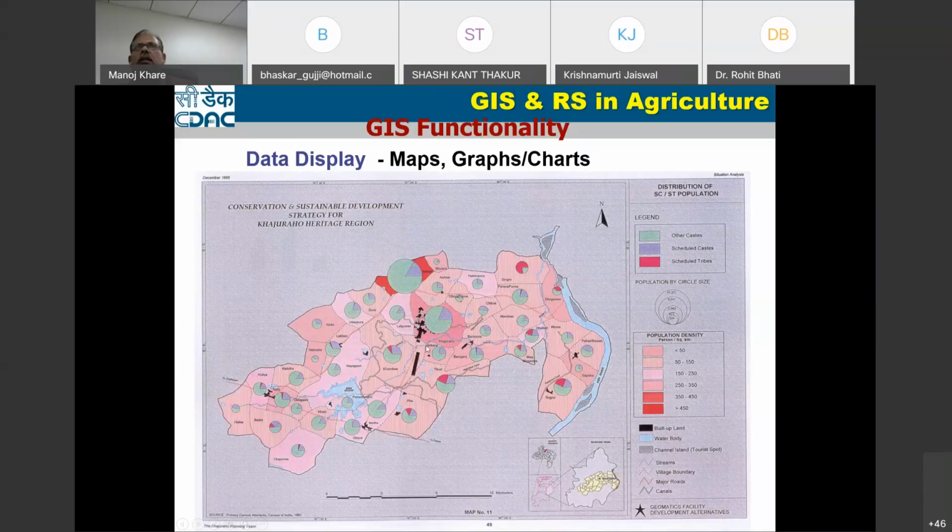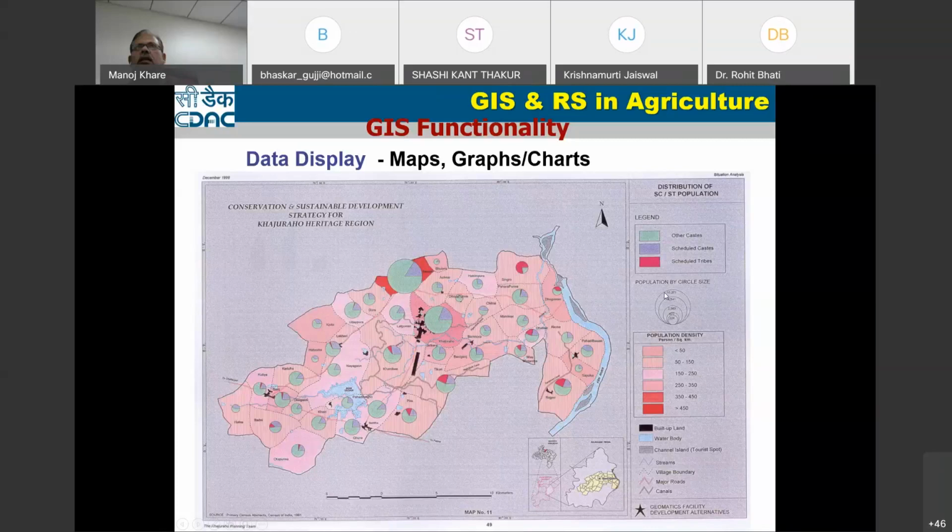But along with this, I am also showing the population size. Based on this circle, you can see this circle is representing a population of around 6,541. Then I am also showing the population density. So in this map, what information am I showing? First, the village, then the population density. Based on this color, you can tell the population density, 250 to 350 per square kilometer in this particular village. Then the total population is shown in the circle. You can see 6,541 is the total population of this particular village.